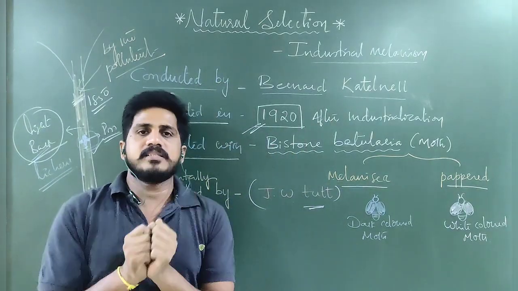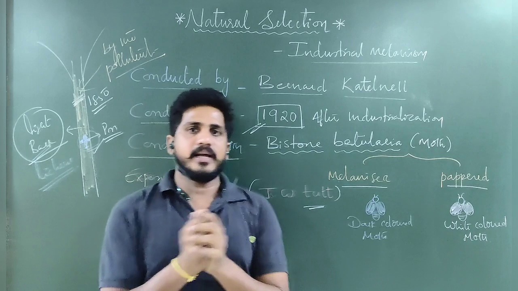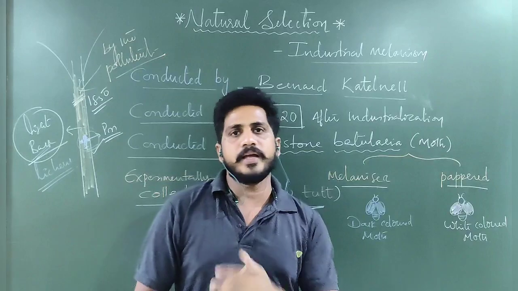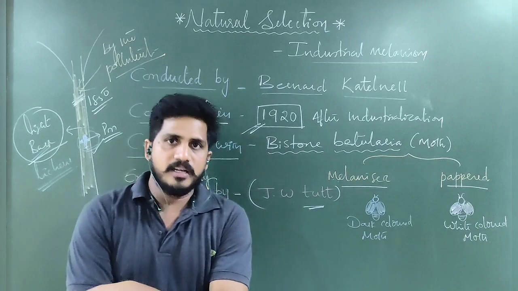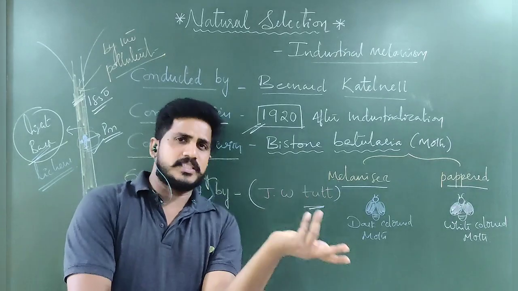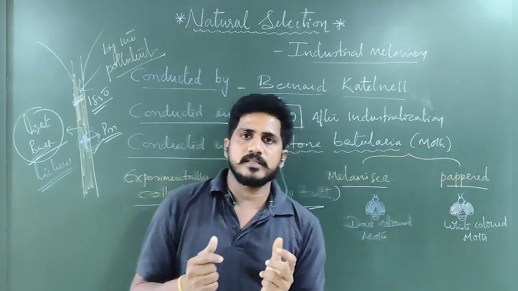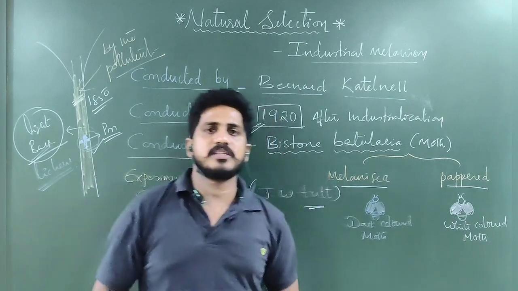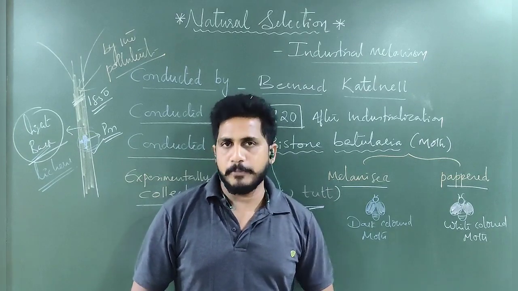Simply, you can imagine that you have 200 moths, 100 black and 100 white, and you select two areas. One is a very rural area, a forest area where greenery is very good and lichens are observed. The other is a city, like a metropolitan city such as Bangalore, or Delhi, where pollution is very high. So you release 50 black and 50 white moths in the rural area, like the Western Ghats, as well as 50 black and 50 white in the metropolitan city, where pollution is there.